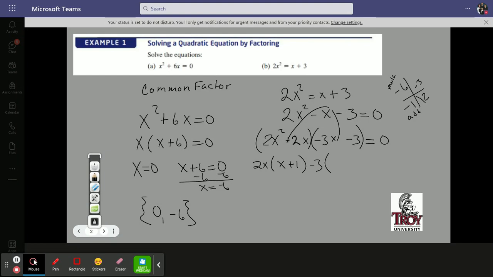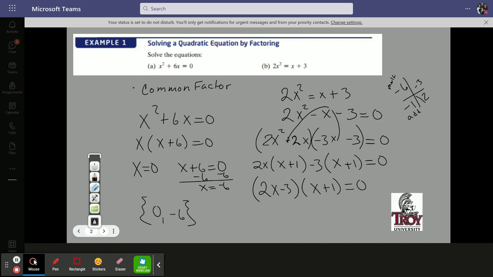Negative 3x divided by negative 3 leaves me with an x. And negative 3 divided by negative 3 leaves me with that plus 1. Okay. X plus 1 has now become my common factor, right? So I have 2x minus 3 times x plus 1